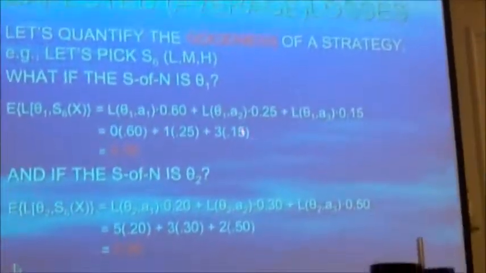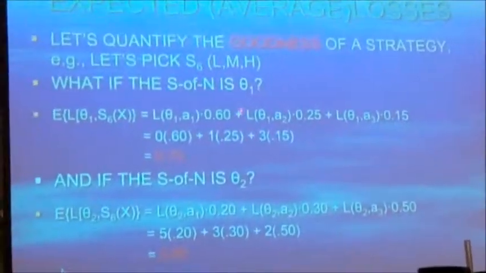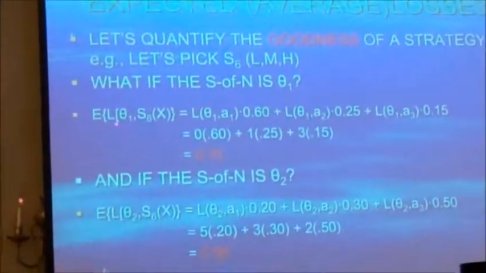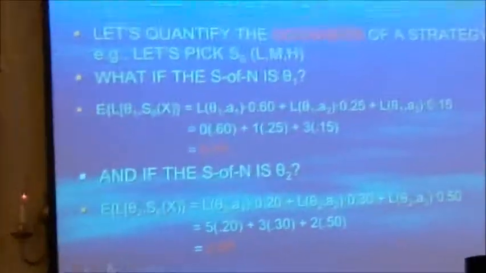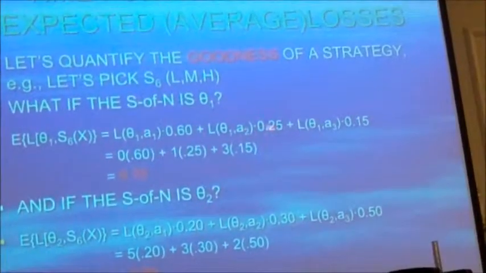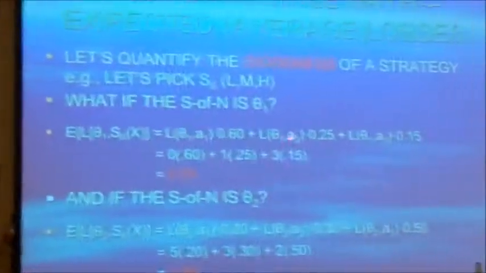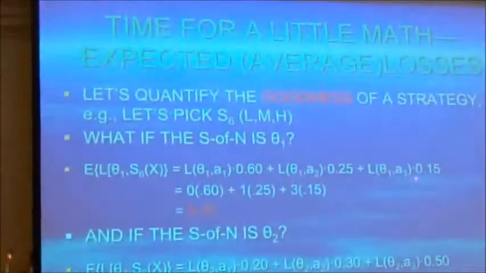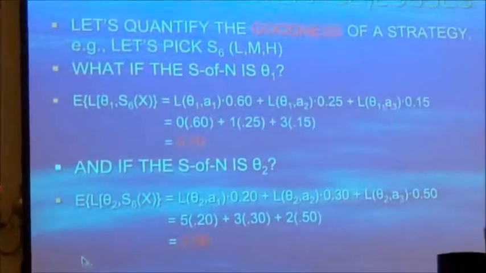The weather forecaster called dubious 25% of the time where the weather was sunny. So 25% of the time the loss would be L(theta 1, A2). 15% of the time the forecaster called it